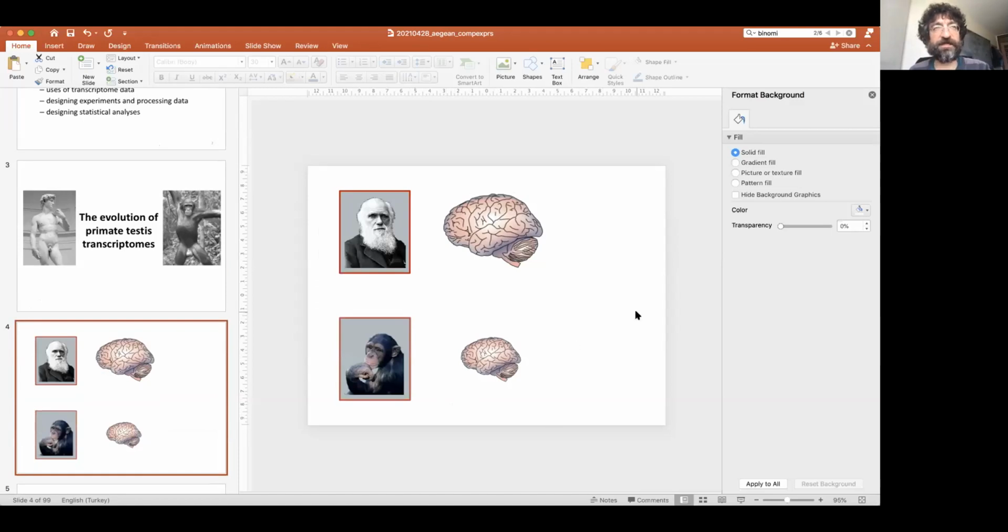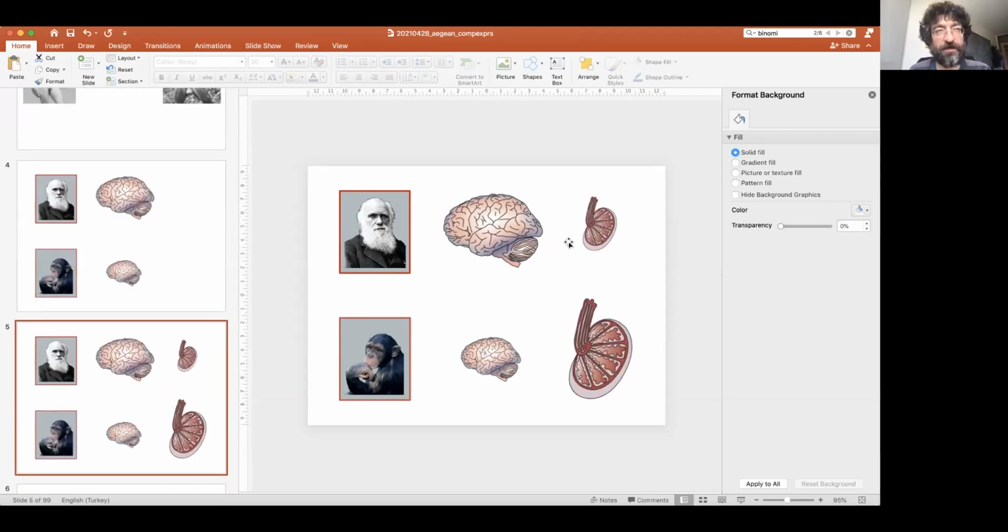The brain size has been the focus of most evolutionary studies that compare humans with extant relatives, as this is an organ which has expanded in volume 3 to 4 times in our recent history, it appears. And of course, we're very much obsessed with our cognitive abilities, how superior we are, etc. And so a lot of work has gone into studying how the brain evolved to be so large and function so differently.